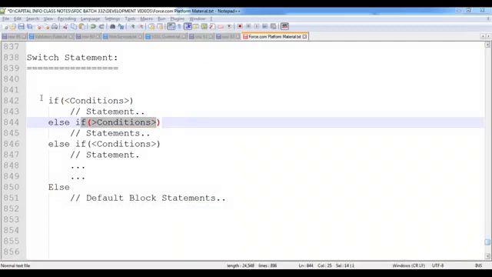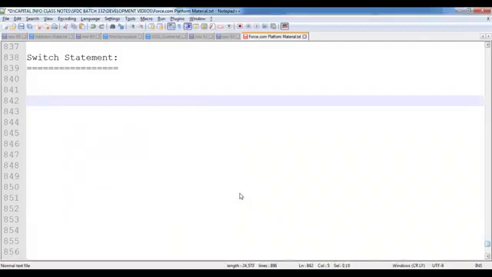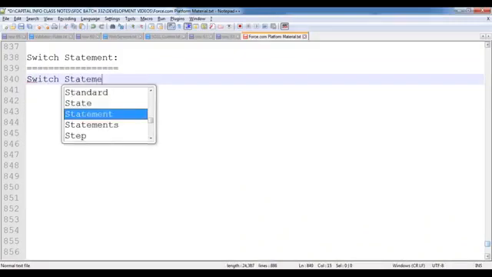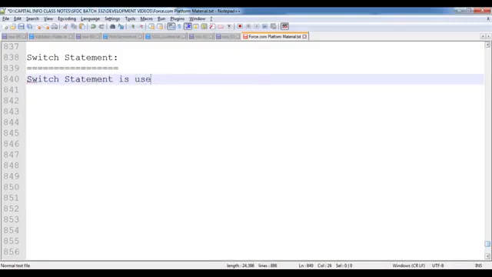Now let's see. Let me give the note point over here. The switch statement is used to compare